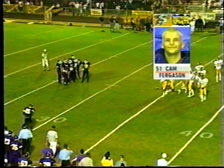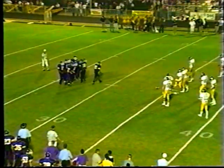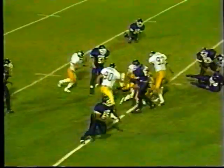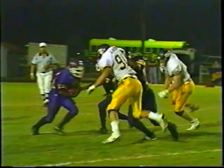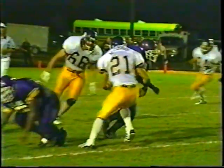The coaches are obviously going to be looking for Cam Ferguson, the one that made the tackle that time on the play. 2nd down and 4 for the Bulldogs. Credit Overton with 6 on the carry. It is Bradford, as the PA system here at Bulldog Stadium is having a little trouble. Handoff up the middle and being hammered in the backfield and then getting forward for 1 yard. Running back on the play, I believe, number 21, K.D. Williams. We'll wait till they unstack the pile. Now check that. It's 25 again. It's Overton again. Overton goes forward for 1 yard,